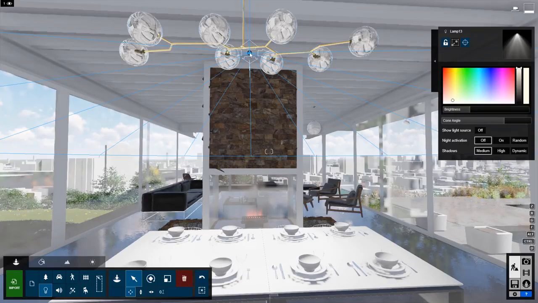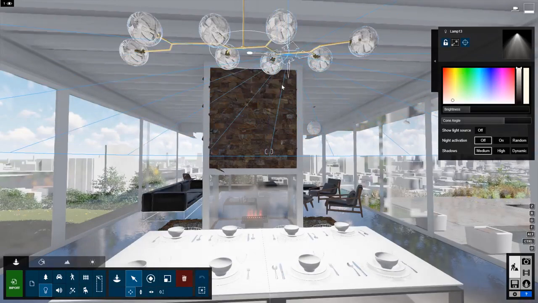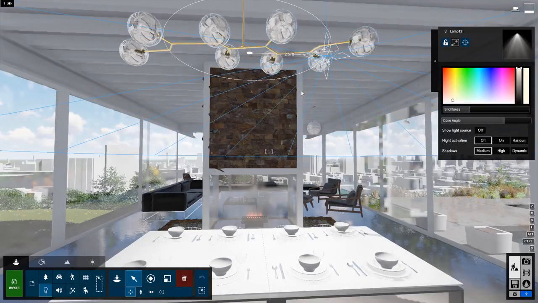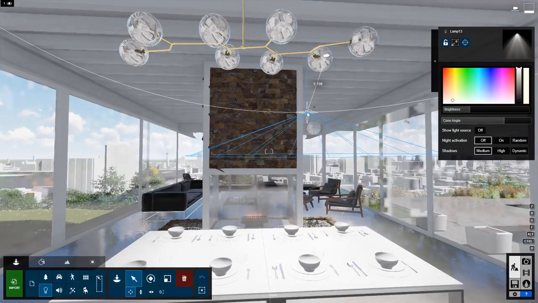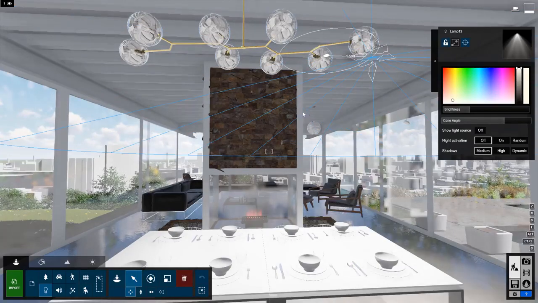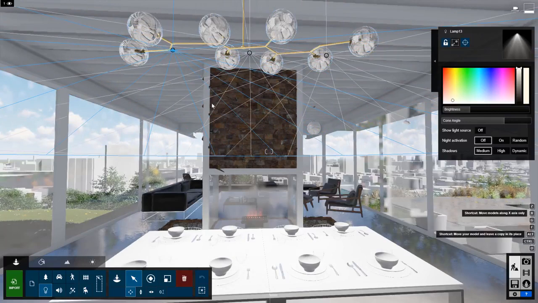All right, so now what I can do, I can click and drag and hold Alt, and I can also hold X. And see, that's going to move in the X direction over here. And when I let go, I now have my two lights. I'm going to do that again. So I'm going to click and drag, hold Alt to make a copy, and X to copy on that axis, and copy one more down the way.